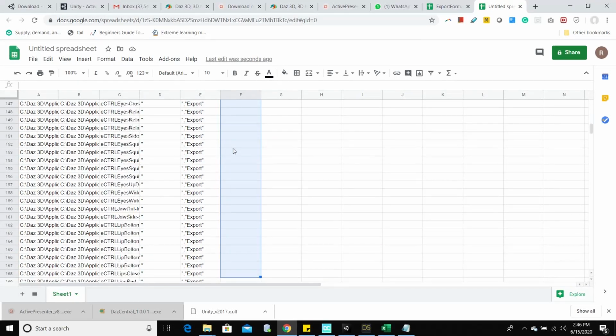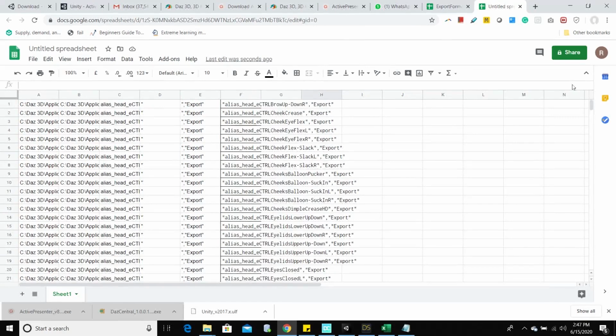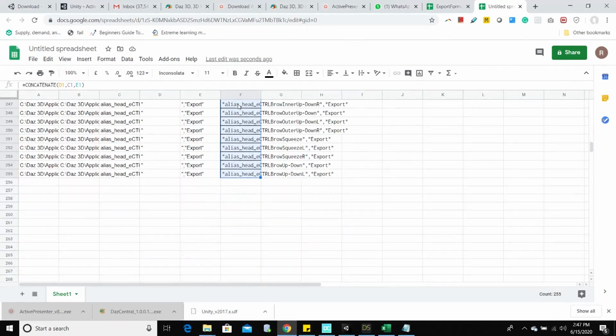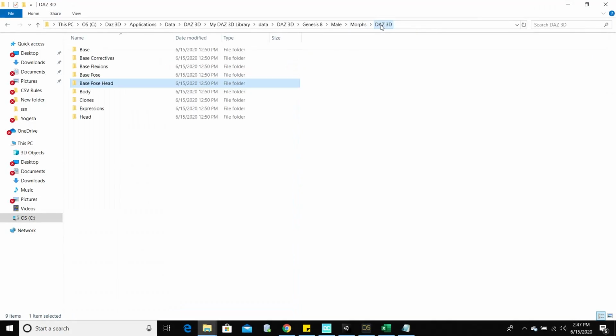Note that the final format that is required is the file name within double quotes followed by a comma and export in double quotes. We are done with base post head files.